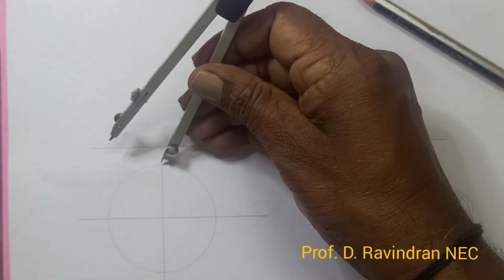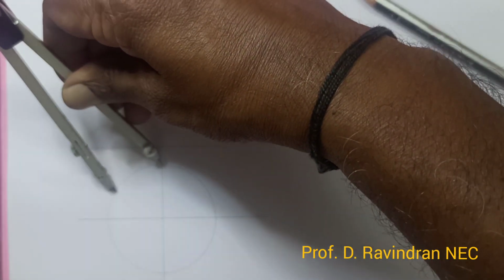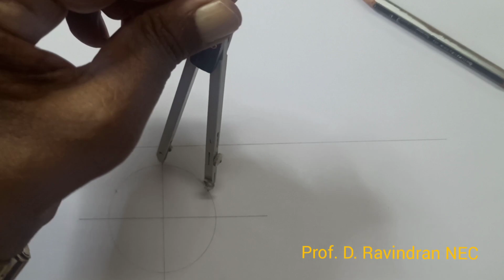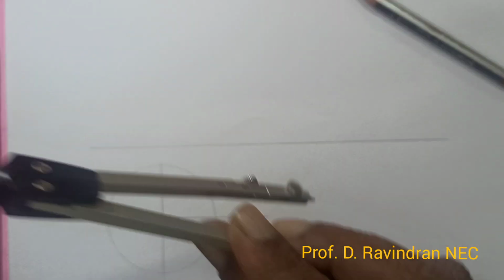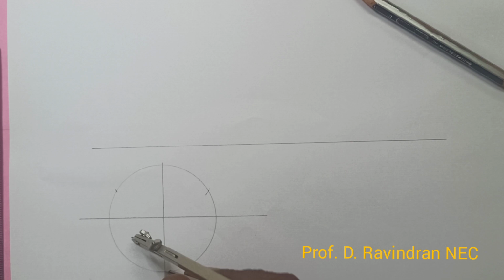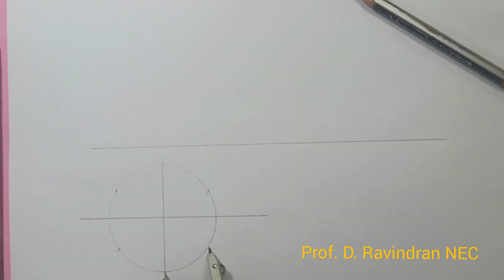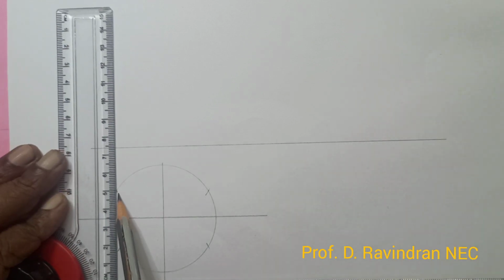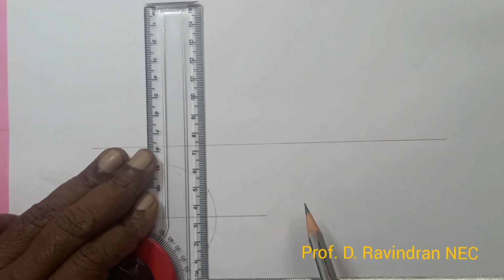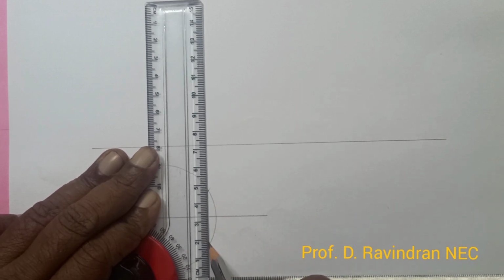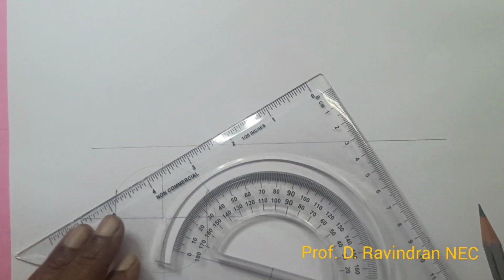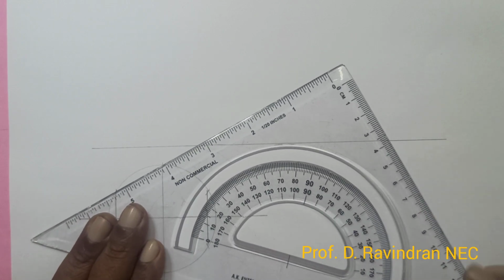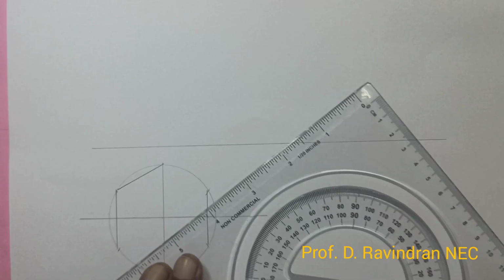a light circle. Now since we want an edge to be perpendicular to this, we can choose this top center and then draw two arcs on the circumference. Similarly, with the same radius, you can take your bottom as center and then draw two arcs here. Now the hexagon can be completed like this. This is one edge of the hexagon, and this is another edge, which are perpendicular to the XY line. Now we can complete the other edges like this.